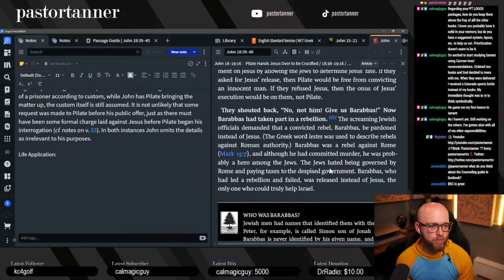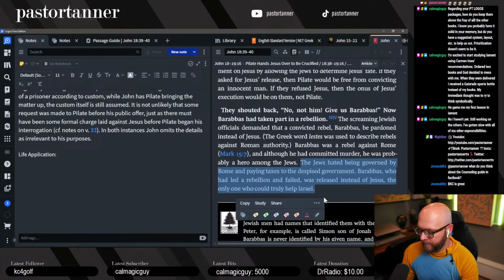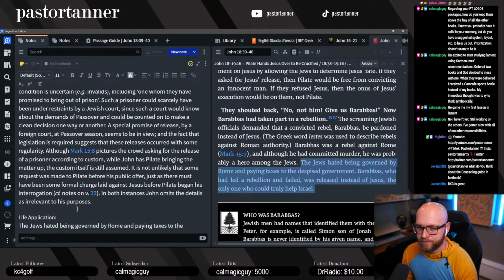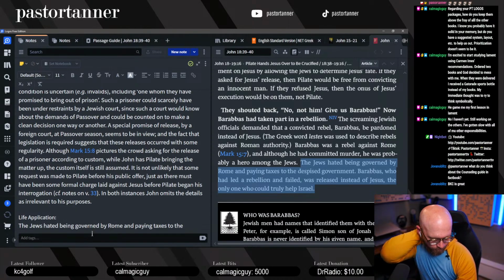of Jesus. The Greek word lestes was used to describe rebels against Roman authority. Barabbas was a rebel against Rome, and although he had committed murder, he was probably a hero among the Jews. The Jews hated being governed by Rome and paying taxes to the despised government. Barabbas, who had led a rebellion and failed, was released instead of Jesus, the only one who could truly help Israel. So you can see from a life application standpoint, they're focusing on their